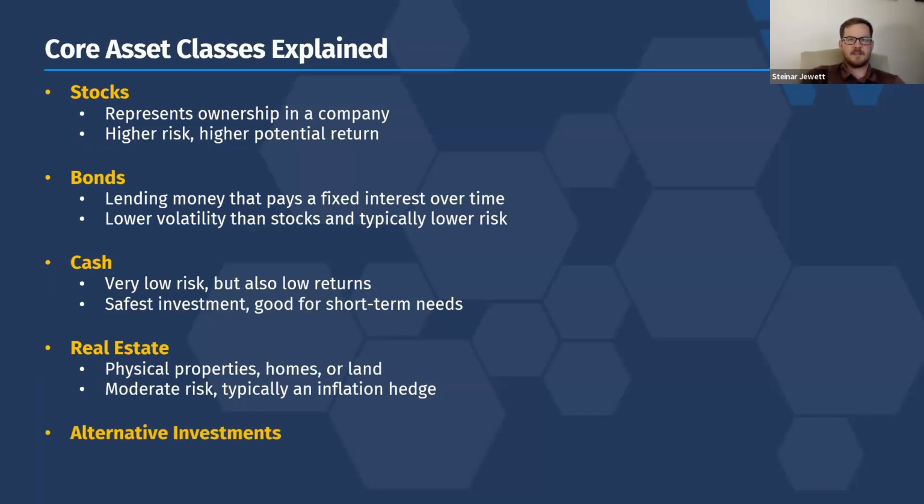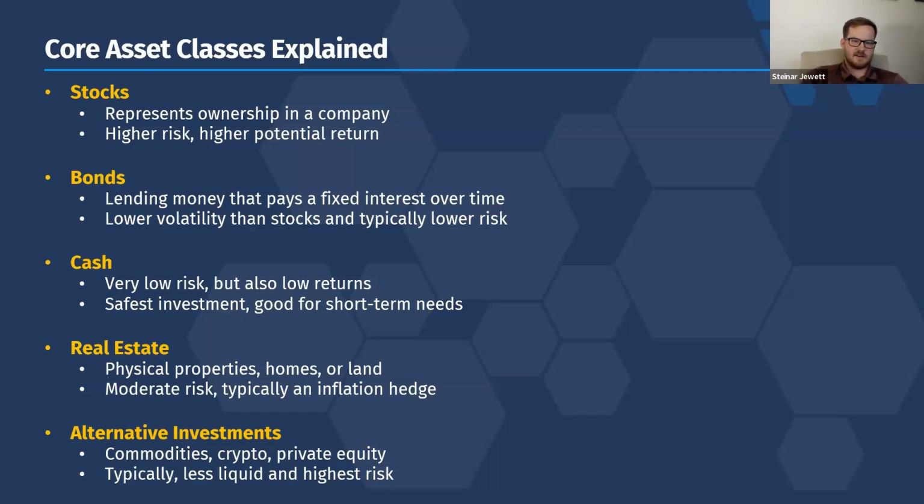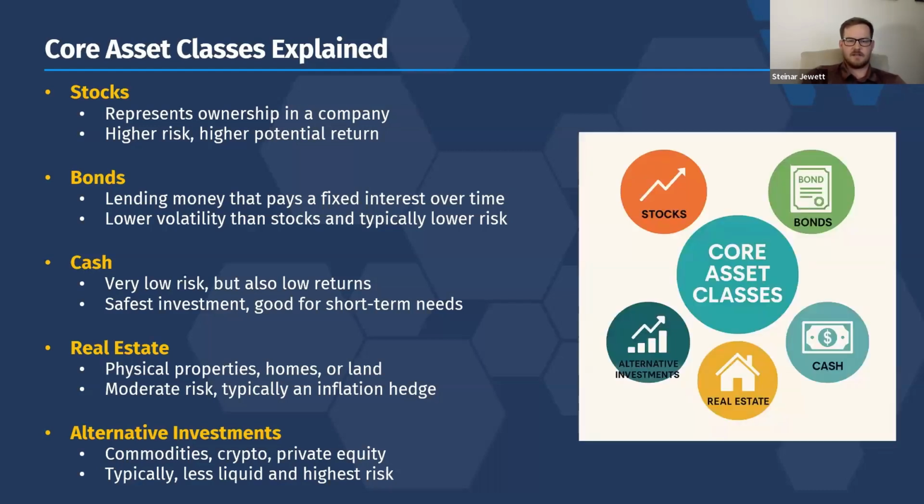And then finally, one of the topics of today's conversation is alternative investments. And these are typically seen as not very liquid, which means they're harder to buy and sell, and a lot riskier. With that, they do have higher potential return, but risk is something that we're going to talk about too and how to manage that. A couple examples here are commodities, gold, crypto, private equity, private investments, running a business, things